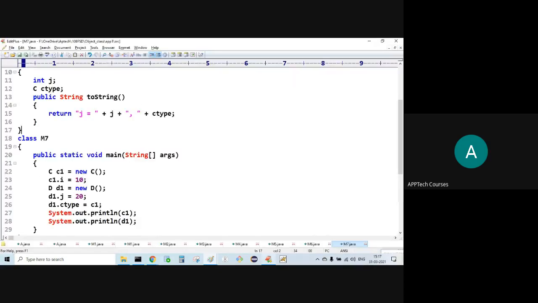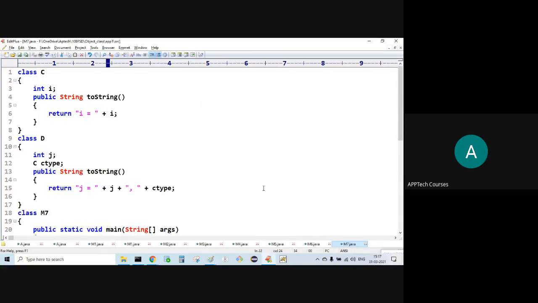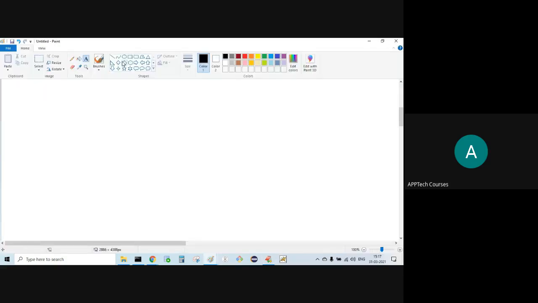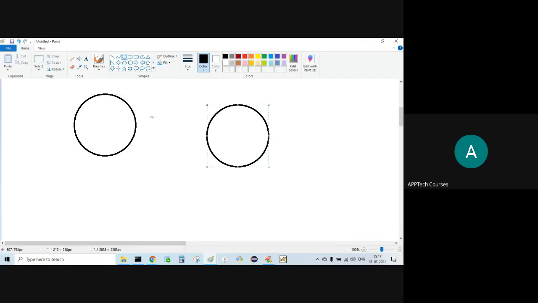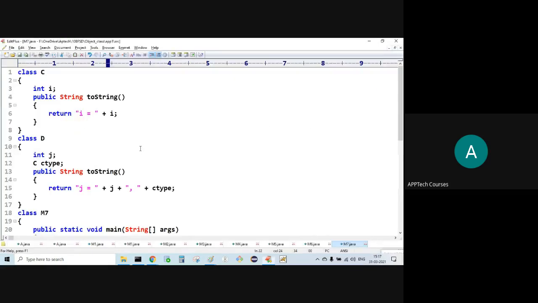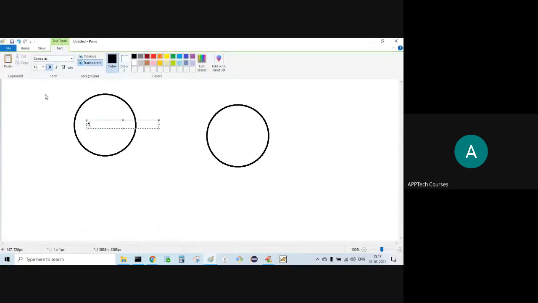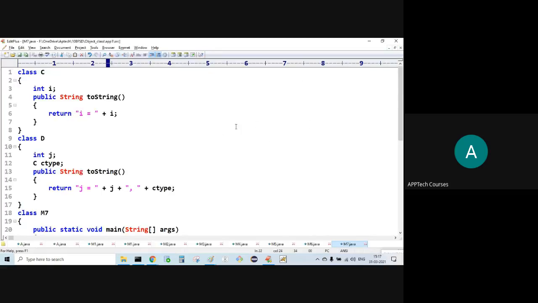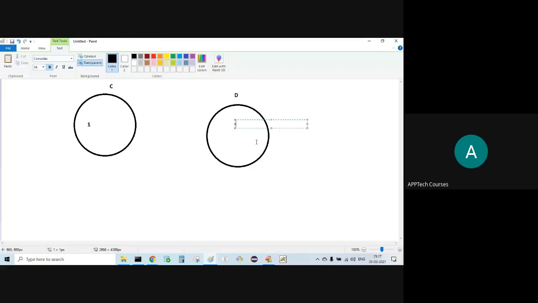Here observe, very important. Two objects, C and D. Now C is having what? I. This is C. This is D. D is having what? J and C type.